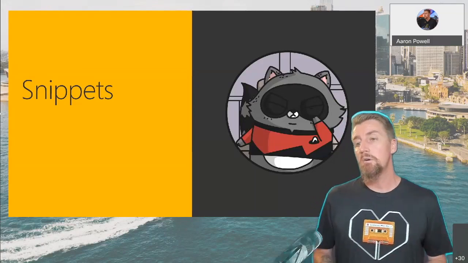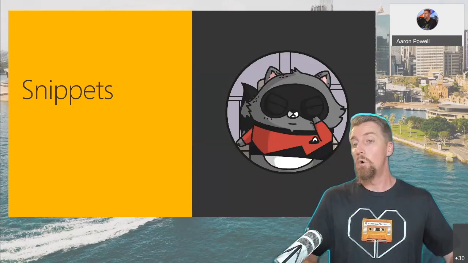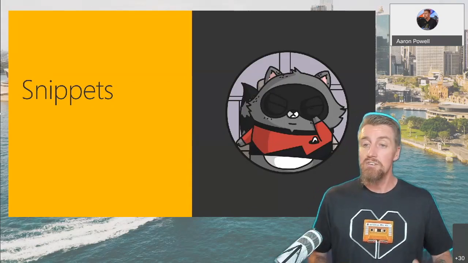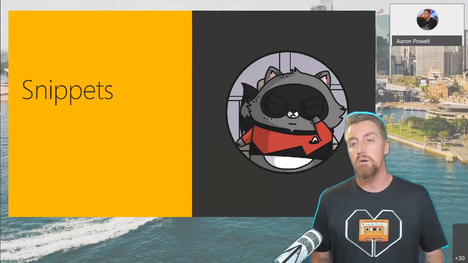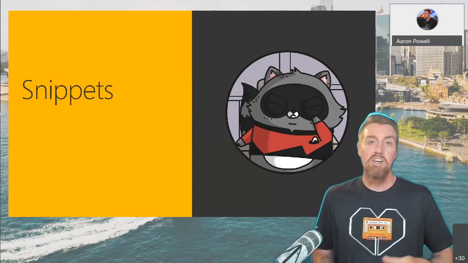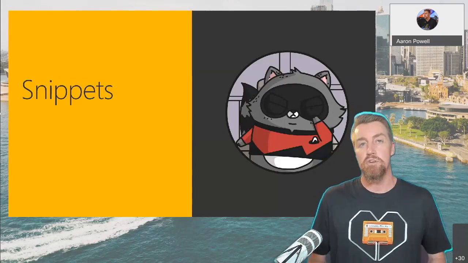Snippets are able to be applied at the user level, so something that's available for all my instances of VS Code. I can also put them into a .vscode folder inside of the repo that I'm working on, which applies them to only that particular repository when it's open, or that workspace. This is useful because then I can check that into source control, and then those snippets are available to anyone that also works on the repository.